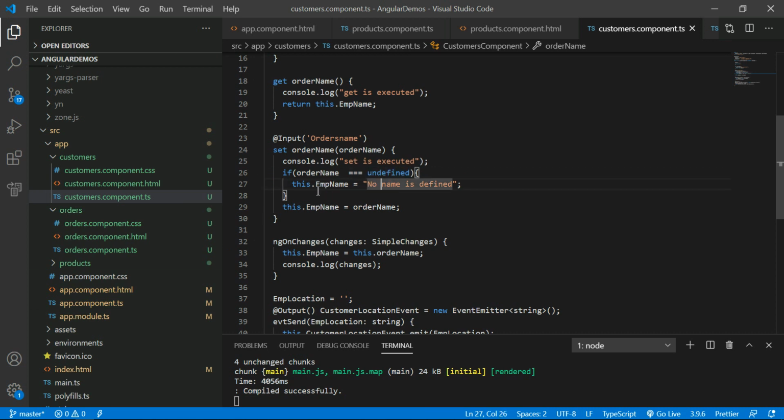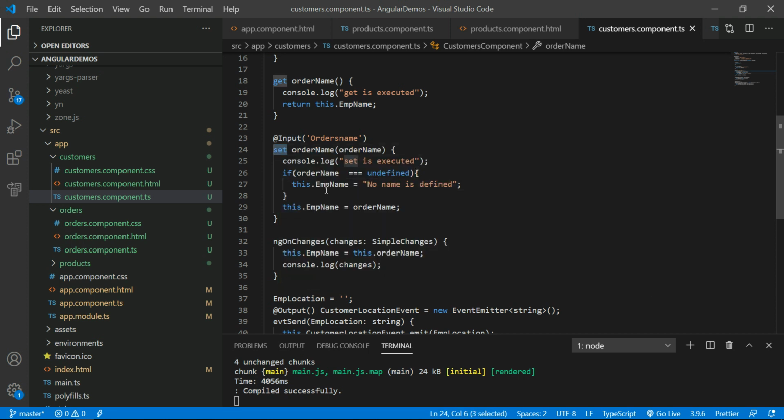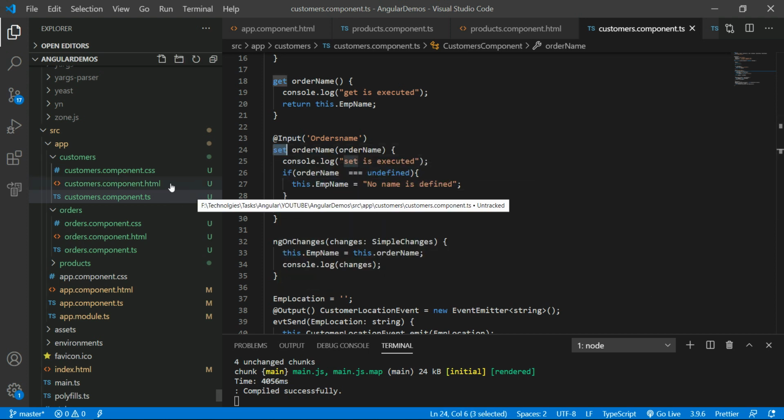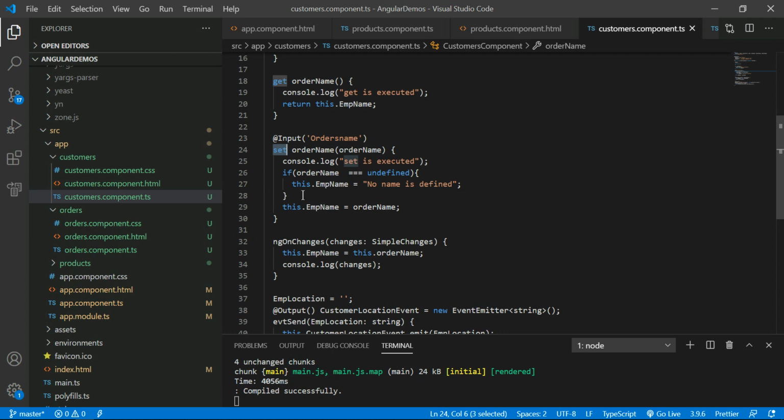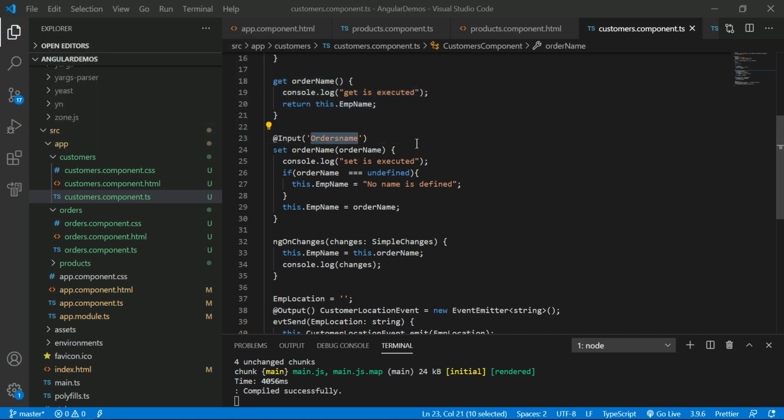By using set, I can give the message to the customer.component.html through the get property. So first set is executed, then get is executed. Set and get are properties for the input parameter, the input decorator. Got it right? So again I am repeating.